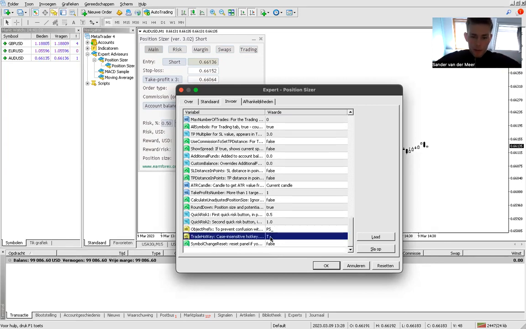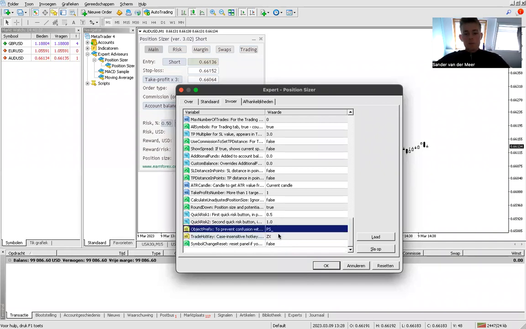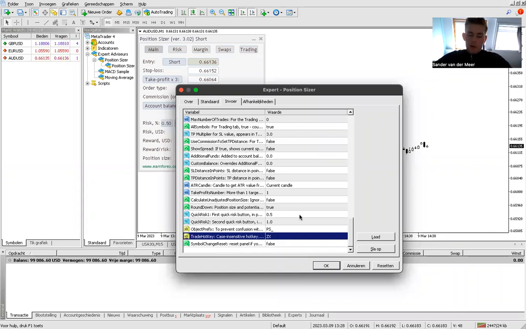Oh yeah, this is important, by the way. Trade hotkey. You can also change the hotkey by which you want to enter a trade. Now it's set to T automatically when you load it up. But say you want to trade with, I have personally Z and X, because it's like close and it's 2. Because if I accidentally press a T, but I don't want to be in the trade, then I'm in trouble. So I have Z and X at the same time. And then I have